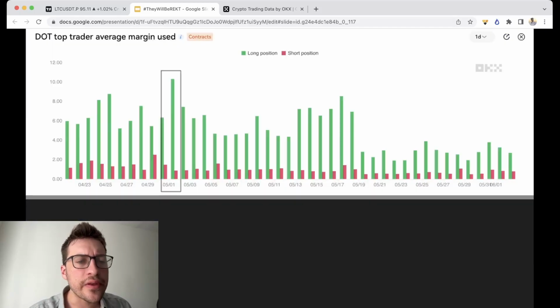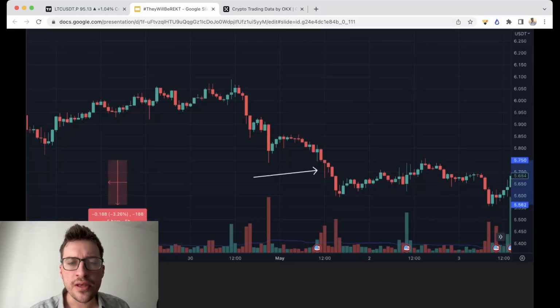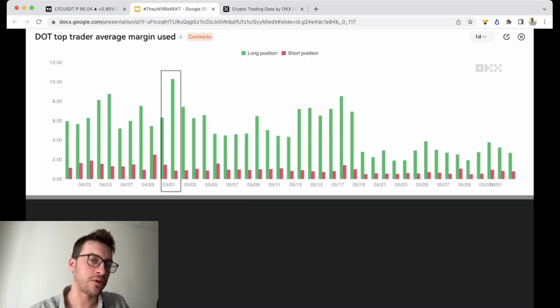This data was collected May 1st at 12 o'clock, and you can see price was in a very strong downtrend. And for some reason, the average margin used skyrocketed, meaning that a lot more very large traders were taking risk in their long positions, and then price began to cascade on very heavy selling volume. So it really wasn't a good idea for a lot of these traders to take a lot more risk, but